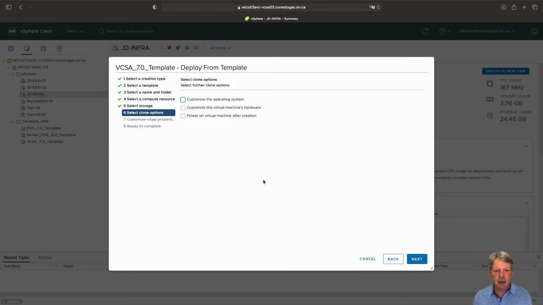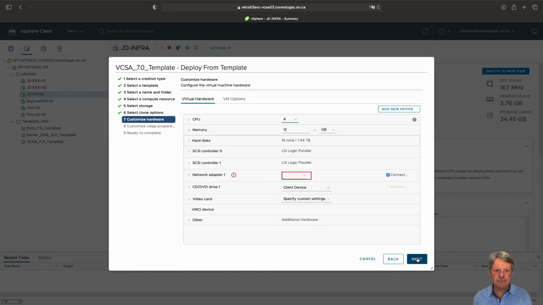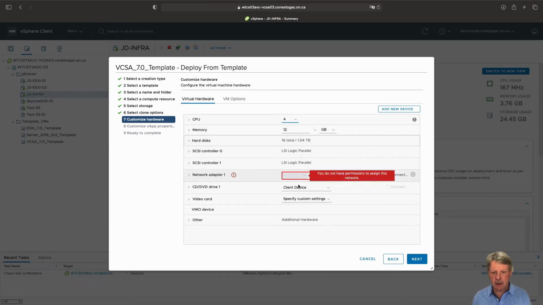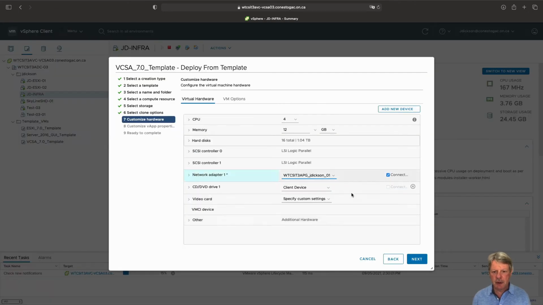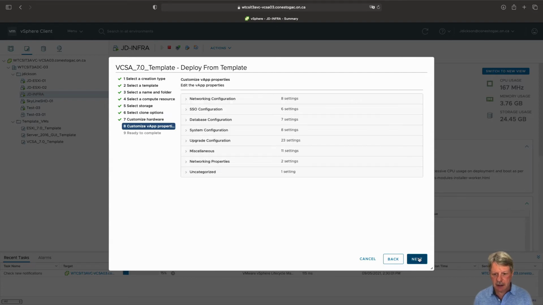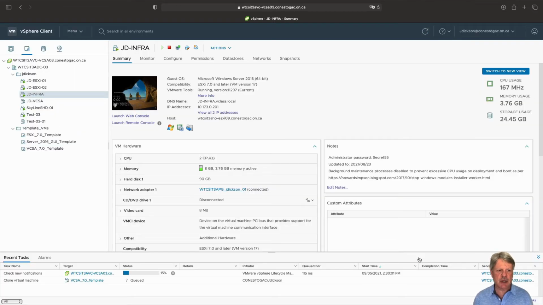data store. We're not going to customize the operating system in this case, but we do need to customize the hardware to get on the right network adapter. And we'll have this power on once it's been created. No need to change anything in here other than our network adapter, so I'll browse and select my 01 port group, which is what we need for that, and then we'll click on Next and Finish, and that will deploy